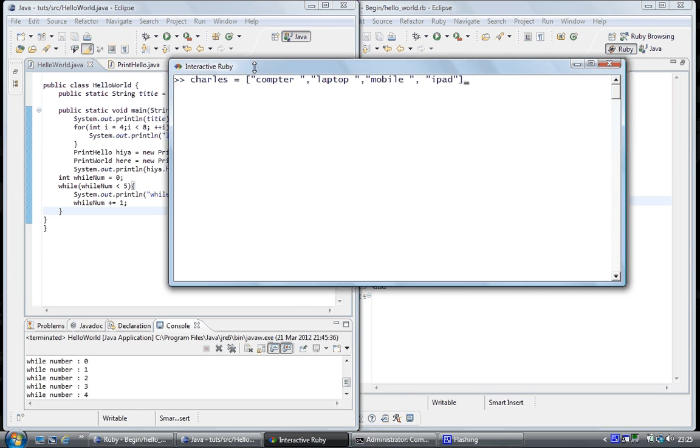So that's 1, 2, 3, 4 elements in the array. Now to route through with an iterator block,